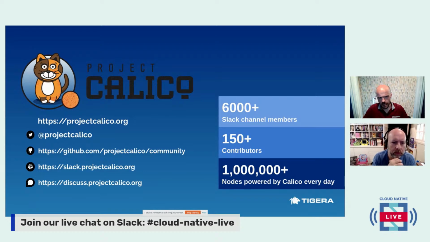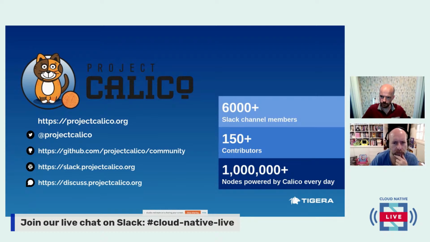So for that reason, Calico was designed with modularity in mind. From day one, it was designed. I mean, I haven't been with Project Calico since day one, but I've spoken to people who have been, and they knew from day one that they wanted to have this clear separation between the control plane and the data plane components. And because it was designed with a modular separation and a clear interface between the layers, it made it very easy for Calico to